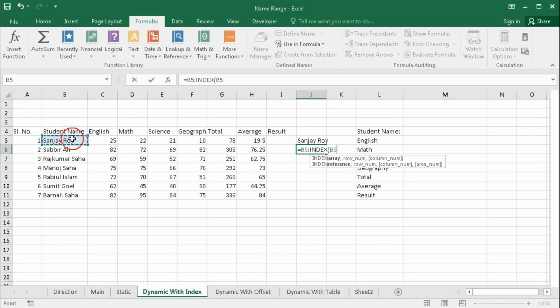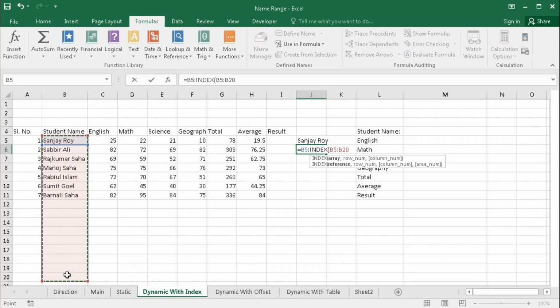We select up to row 20. If you need more cells, you can write 200 or 300 or 500, anything. But your reference will take up to the value you have.